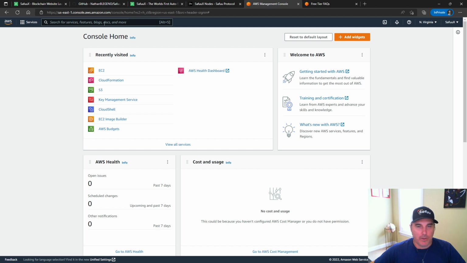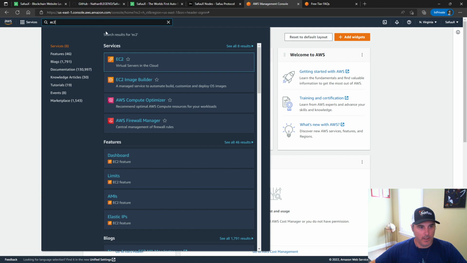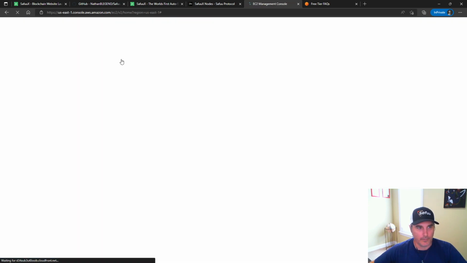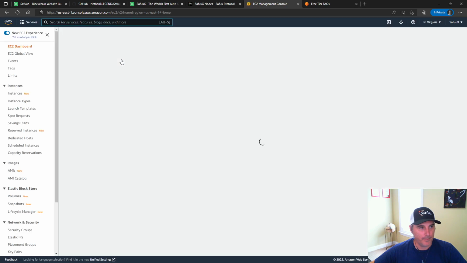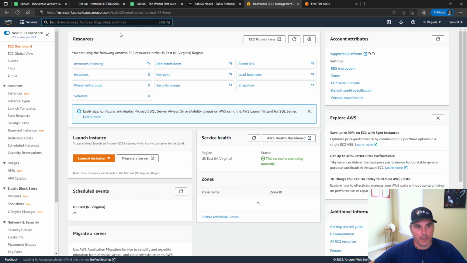Now, once you are logged on to the console with your account, I can confirm it up here in the top right-hand corner, but for myself, you want to then go up to the search bar here and type in EC2, okay? And you're going to see this option here, which is EC2 virtual servers in the cloud. That's what we're going to do for our VPC, for our full or light node. So I'm going to select that option. It's going to bring you to this EC2 dashboard,